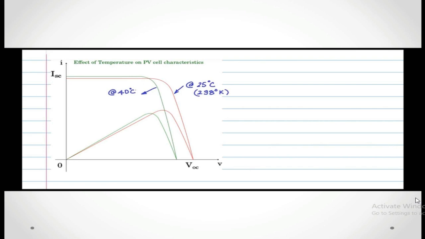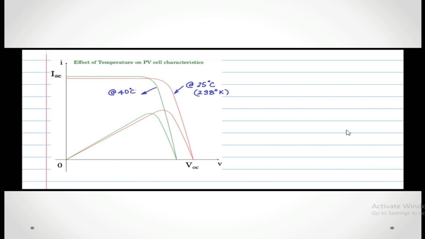Now let us try to understand. Let us try to increase the temperature falling on the PV cell to 40 degrees centigrade. Here you can see the green curve which is indicating 40 degrees centigrade. Here you can see there is an increment in ISC and there is a decrement in VOC. I have already told you in the previous class, for an increase in temperature ISC will increase but VOC will decrease. So Pmax will also be decreased. Okay, so 40 degree temperature is the green line, 25 degree standard temperature is the red line. Here you can observe this.